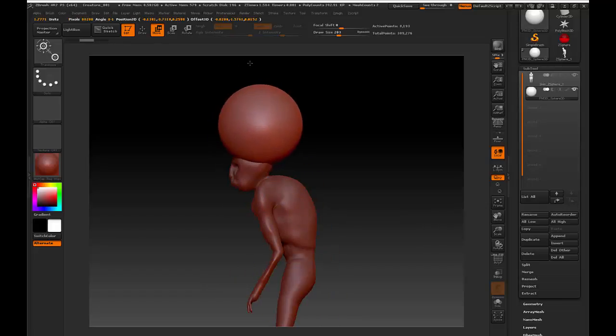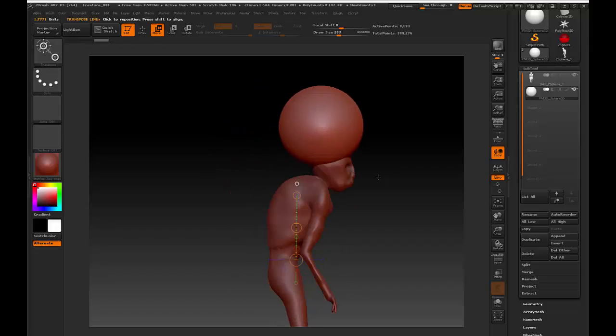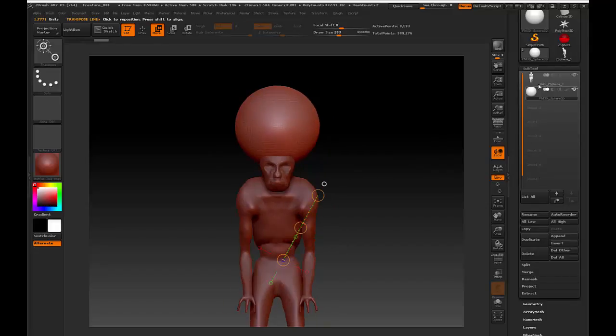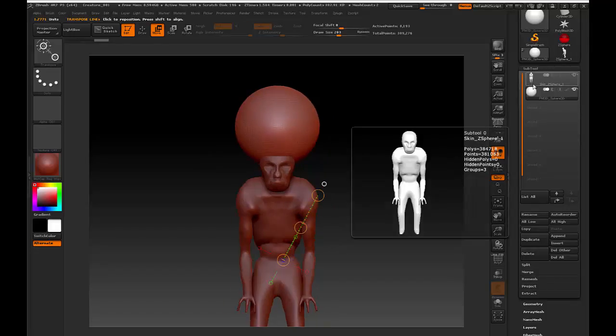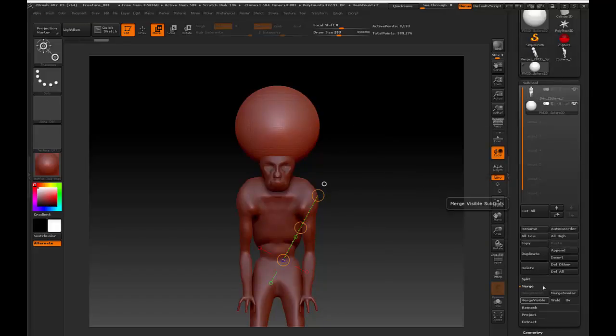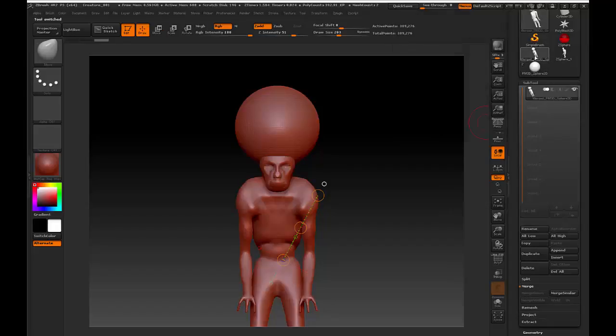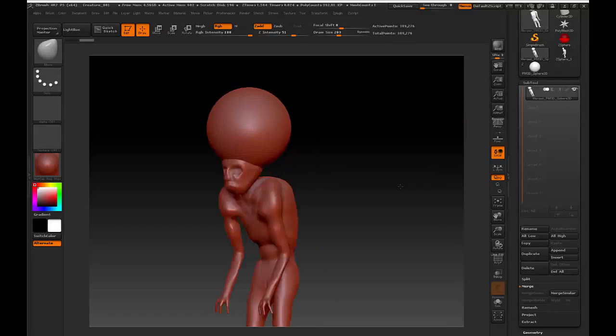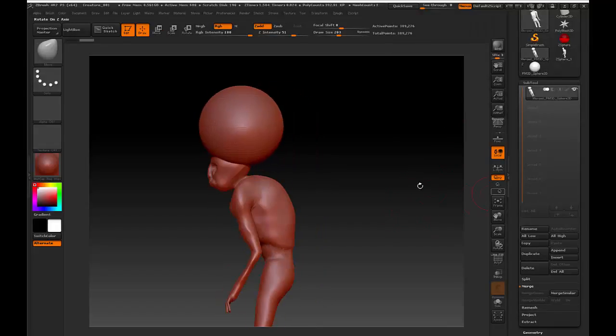So I'm going to move the sphere to, let's say, his head. Perfect. Okay. And what I'm going to do is combine these two subtools together by going to merge and say merge visible. So now I have this subtool, or this tool up here, where they're both connected. And if I hold Control and marquee it,